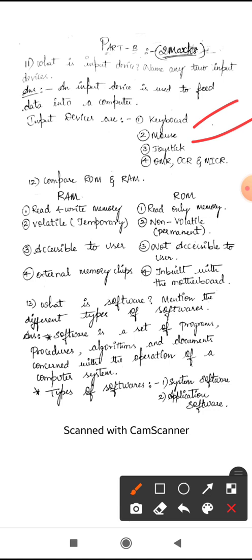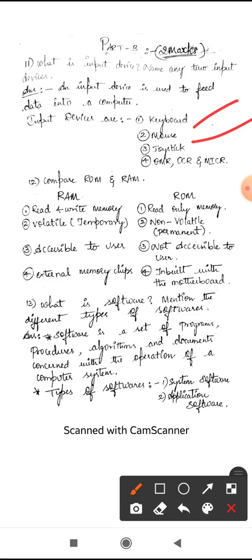The next question is compare ROM and RAM. That means you have to write the differences between the 2 types of memory. Okay, so RAM and ROM. You have to differentiate between these 2 types of memories.